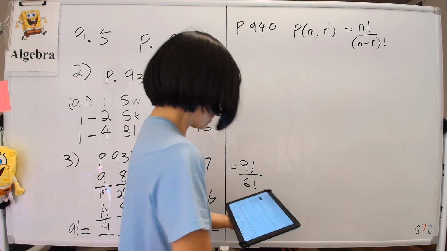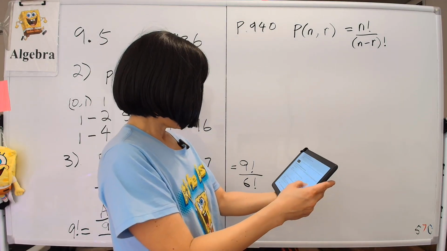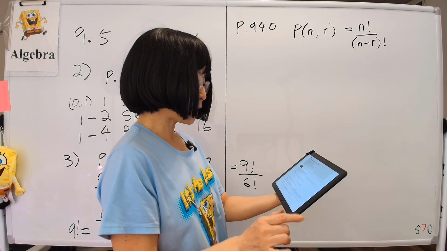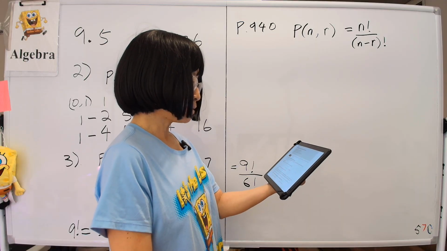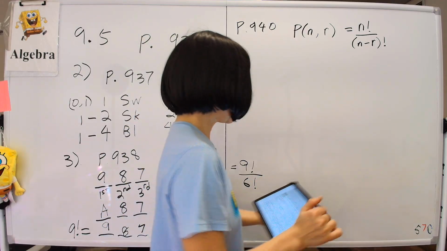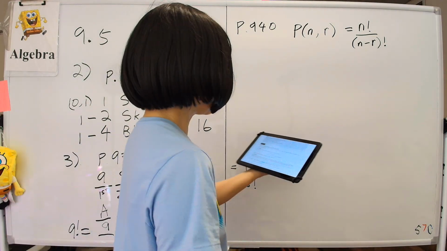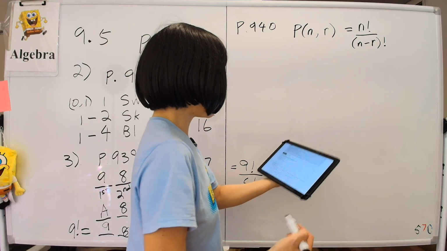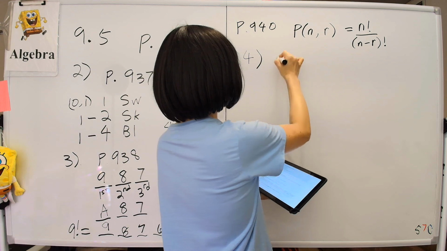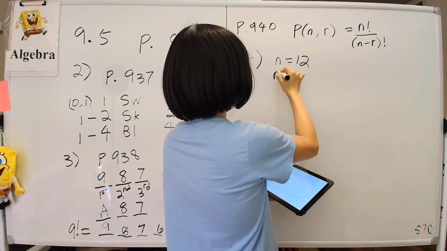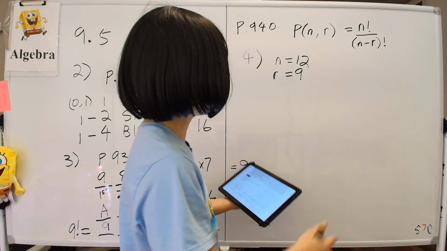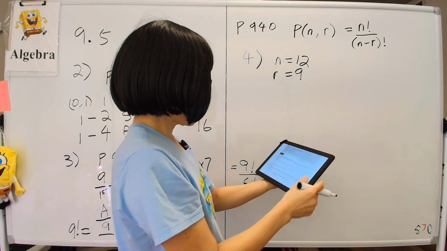Example 4 on page 940: a professor is creating an exam of 9 questions from a test bank of 12 questions. How many ways can she select and arrange the questions? The total number available is 12, so n equals 12, and r equals 9, since there are 9 positions to pick. So we have